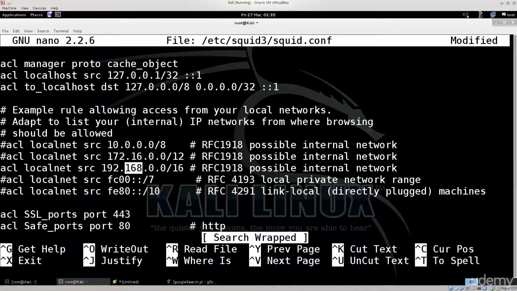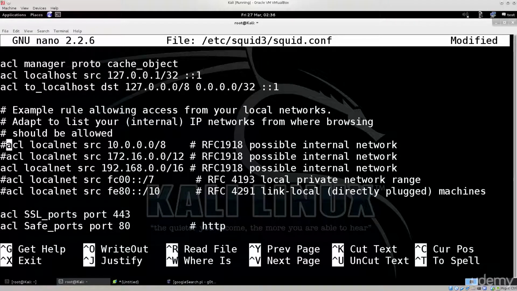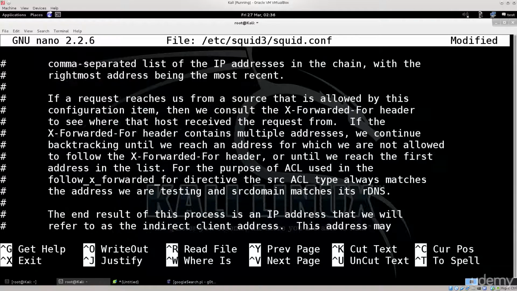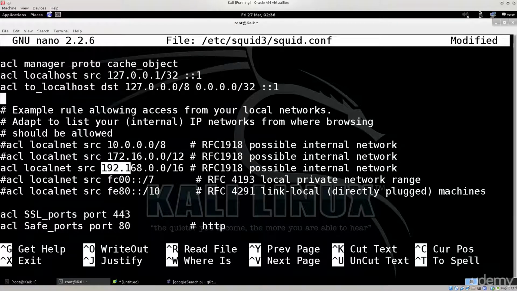192.168.0.0 with a subnet mask of 16. Anyway, depending on what your configuration is, make sure to choose a proper one. You should be able to find it. I mean, these are ranges for home IP addresses, most of them. If not, I'm pretty sure you can add your own as well, but I'm not too sure about that. Doesn't really matter. You will find yourselves there, as most likely it will be in this one,